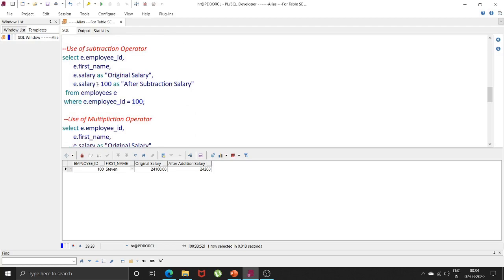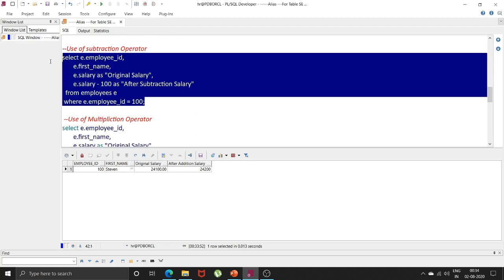Similarly, if I put a minus sign after the salary, then I will get the subtracted salary of this employee. Now my original salary was 24,100 and after subtraction I have 24,000 only.